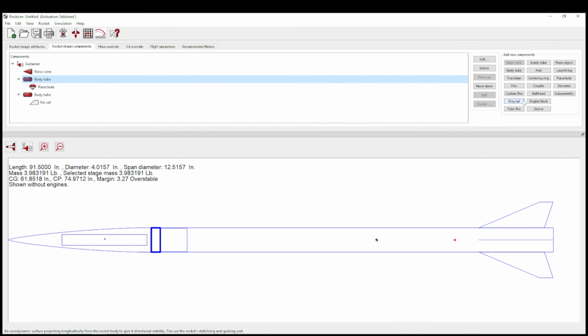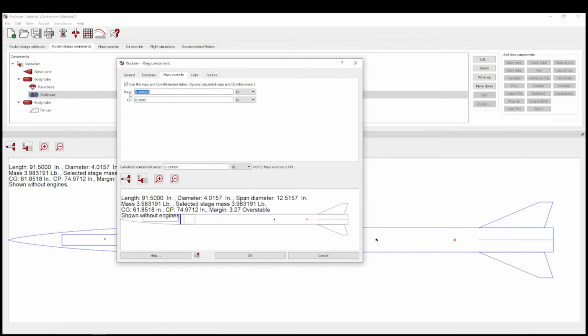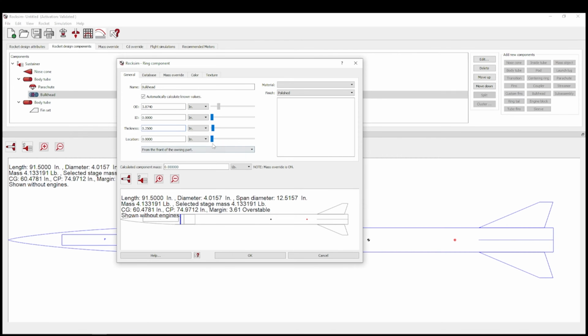Next, we're going to do the same thing with bulk plates. We're going to put a thickness of 1/4 inch. Doesn't really matter because, again, we're using a mass override of 2.4 ounces because that's what we calculated. Not pounds. Make sure you're paying attention to those units because you've seen me make that mistake several times already. So this one, don't forget to